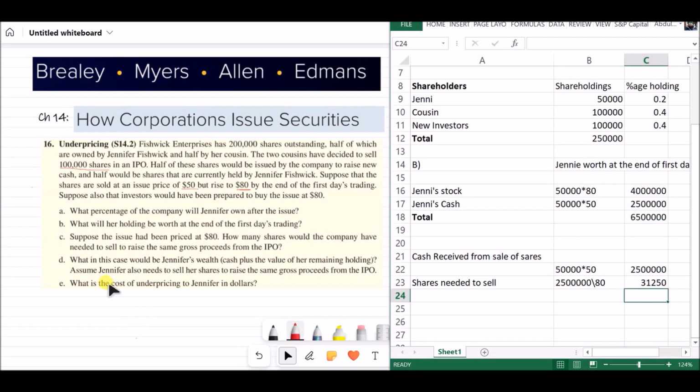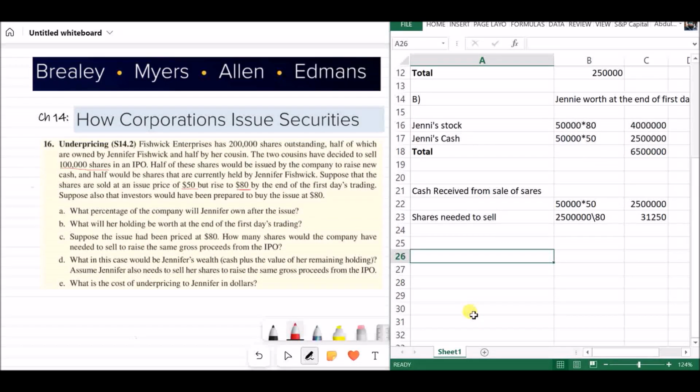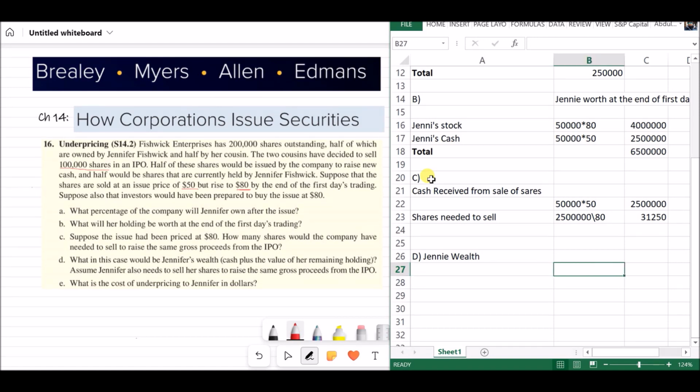Moving on, what in this case would be Jennifer's wealth? Assume Jennifer also needs to sell her shares to raise the same gross proceeds from the IPO. So we need to calculate Jennifer's wealth again. Jenny wealth. So it's actually the D part. So this is C part. Jenny's wealth. So how many shares does Jenny have? Jenny, actually